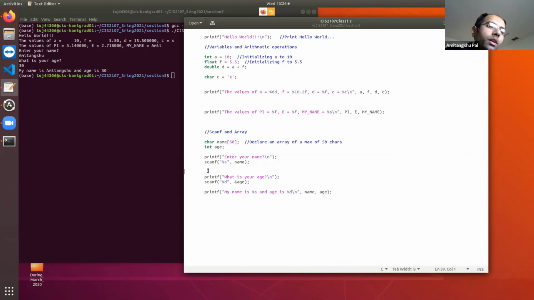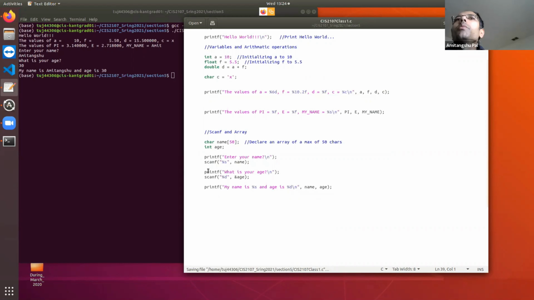Now let's modify this program slightly. Suppose I want to take the name and age of all the students in your class, add up their ages and take the average. Basically, I want to calculate the average age of the students in your class.